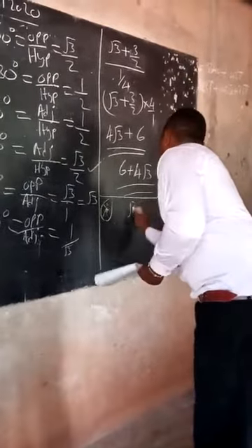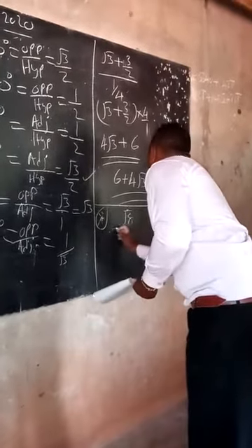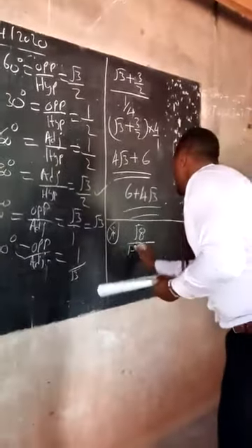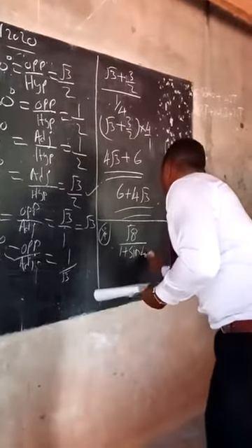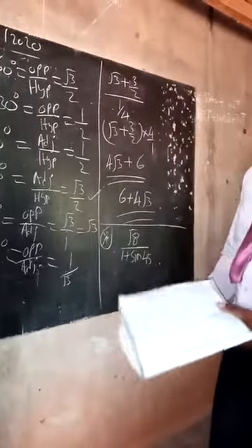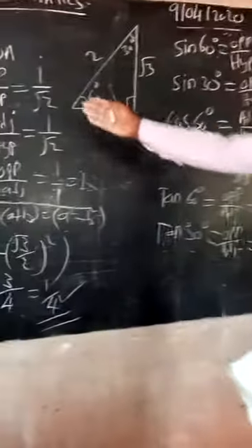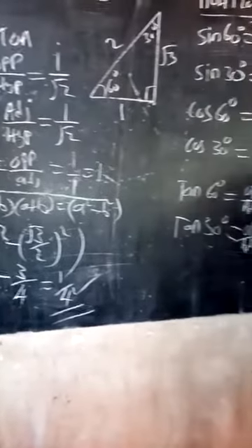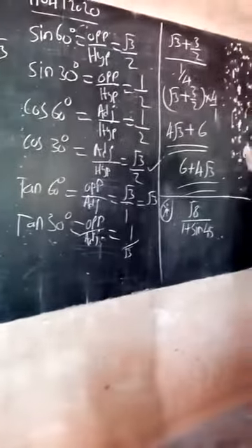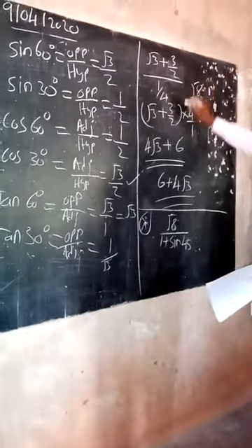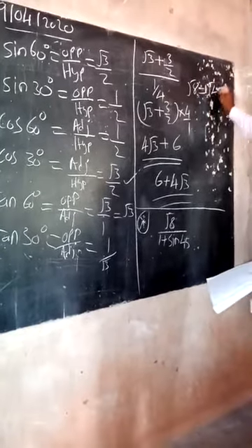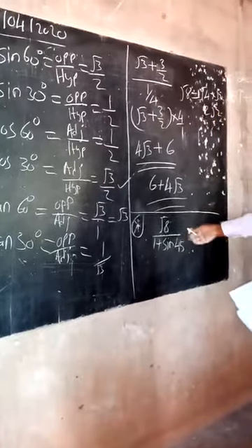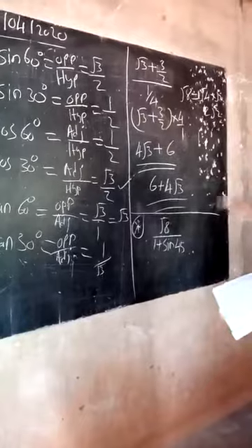So it is square root of 8, you divide by 1 plus sin 45. Of course, you know what sin 45 is. We say sin 45 is 1 over root 2. So you write it in that form, and this root 8, you can simplify, it is root 4 times root 2. So this is 2 root 2. So you can see that this is the same as 2 root 2 once you simplify.